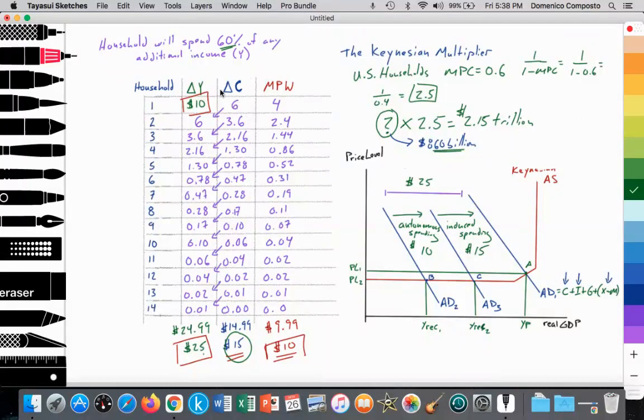So in the next video, we'll talk about what happens when the MPC value changes, when 90% or 50% of any additional income is spent. We'll take a look at that and some of the math behind it. But that's the idea